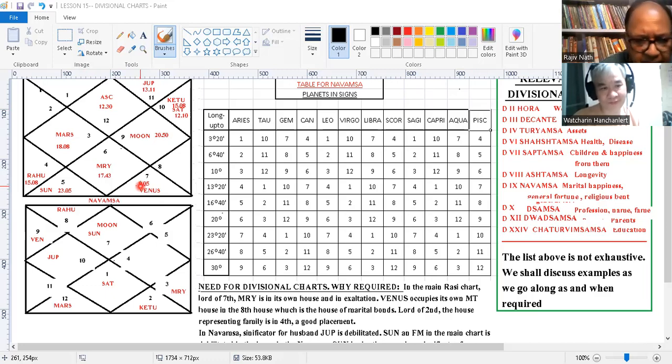I told you now why divisional charts are required, because main charts could be misleading at times. Now we see that everything is hunky-dory, everything is very strong. Timely marriage, good marriage is coming up. If we don't study further, we are going to make this prediction: it's going to be a good, happy married life. So what happens when we study